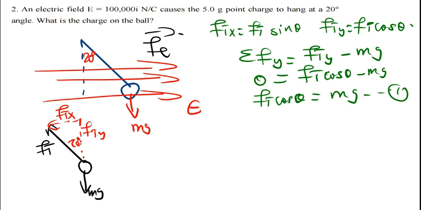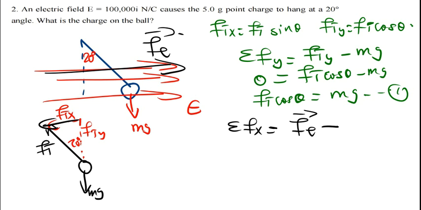Let's call that one equation 1. Let's work with the forces in the x direction. The summation of forces in the x direction: we have the force which is moving in this direction, the electric force, so I'll put that. Minus, there is Ft moving in that direction. Now the tension force, the arrow here, when we go back to the vectors, is pointing up, so the arrow for Ftx is pointing toward the negative x-axis. That's why it's negative